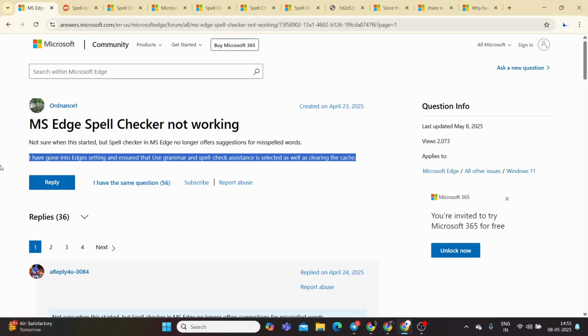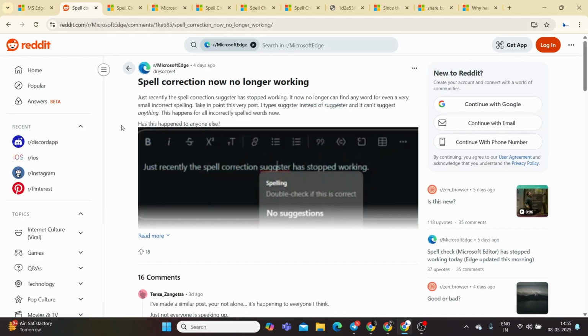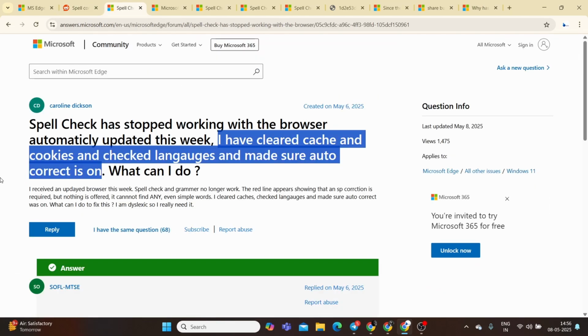For the past couple of weeks, Microsoft Editor in Edge has had an ongoing issue with spellcheck where it is no longer offering suggestions for misspelled words. Editor does convey that the word needs a correction by highlighting it with the red line, but no suggestions are offered as such. Going by the reports, even basic troubleshooting measures like clearing out cache and cookies have been of no